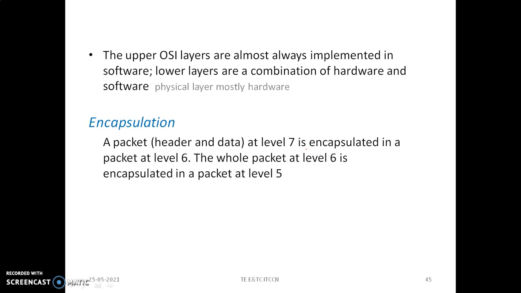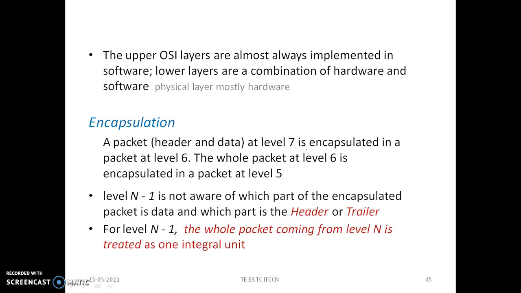A packet which has a header and data at level 7 is encapsulated in a packet at level 6. Level 6 treats it as a whole packet without concerning itself with the contents of the packet received from level 7. The whole packet at level 6 is encapsulated in a packet at level 5.